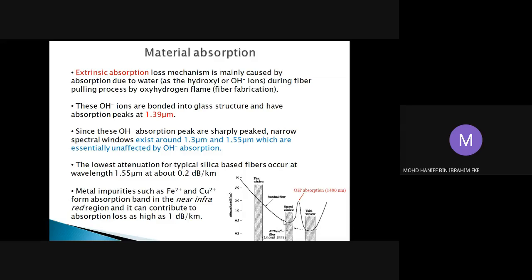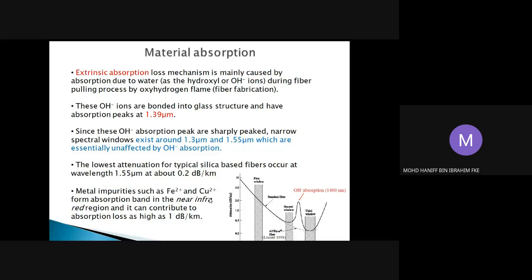principle of trying to reduce the loss due to absorption, the glass absorption, due to the scattering of the fiber, and also due to the effect of hydroxyl absorption loss. Okay, hopefully you understand. And I put it here that the impurities, which can also be produced during the fabrication process of the fiber optics, such as the ferrum ion and also copper ion, have an effect on the absorption of light near the infrared region, and the loss can be as high as